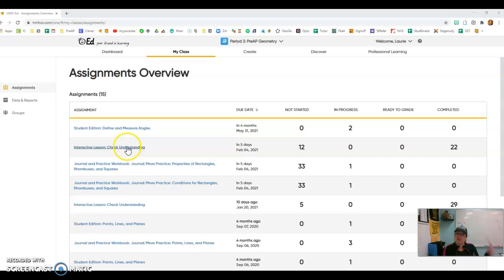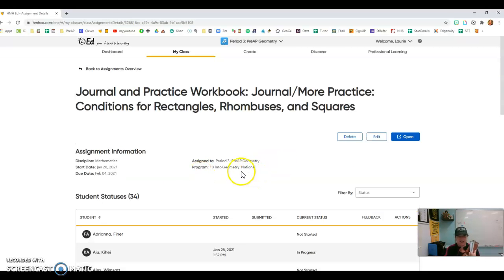Okay, you're going to see in there two other assignments that are called Journal and Practice Workbook. And the reason I put these in here is because your workbook is actually online as well, and you're able to check your answers online. So what I want to do is go over with you a problem or two on page 155, okay? So if you go to page 155,